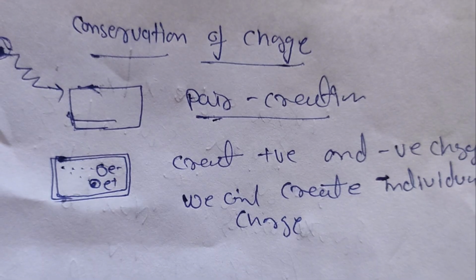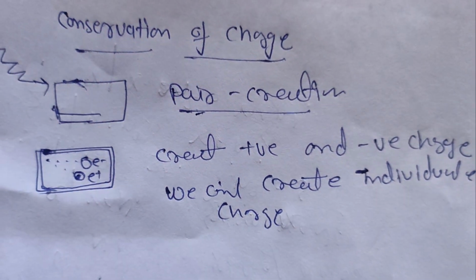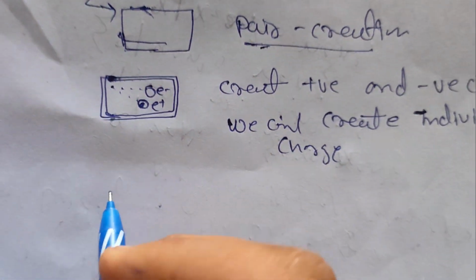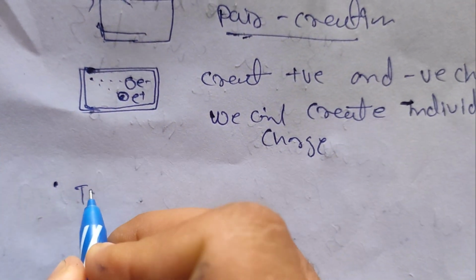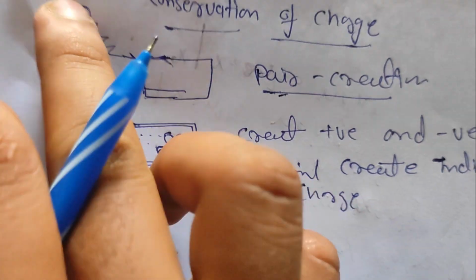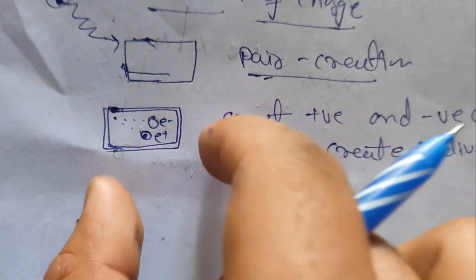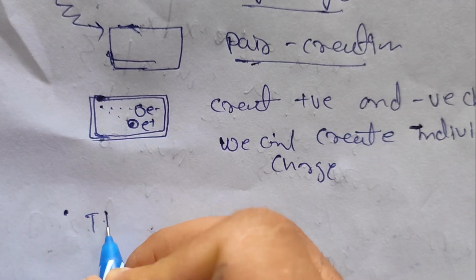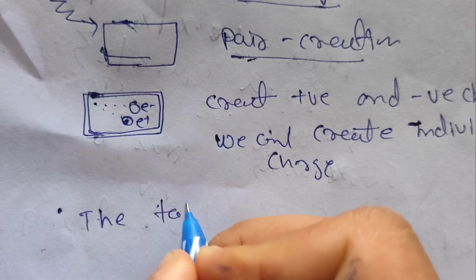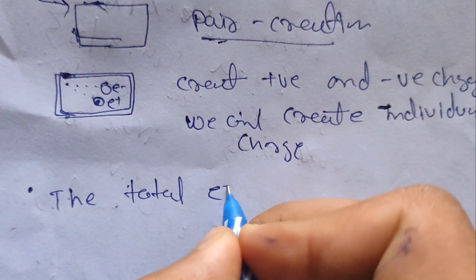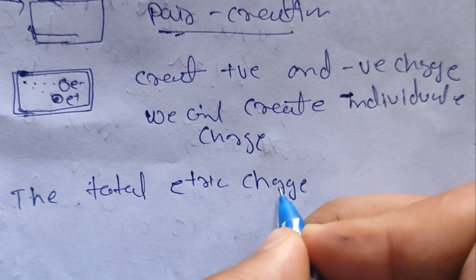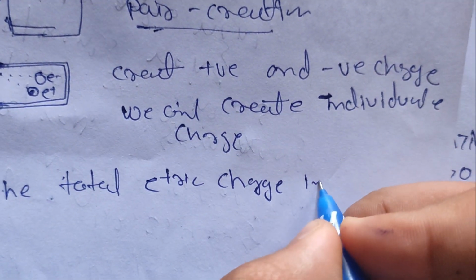Basically this is what is said by the conservation of electric charge. The definition is also that the total electric charge is zero, because the system has zero electrical charge and the photon is also zero, and the overall system has zero electrical charge because positive and negative become zero. So the definition is that the total electric charge in an isolated system